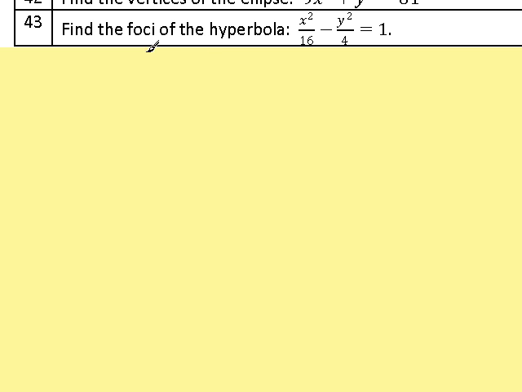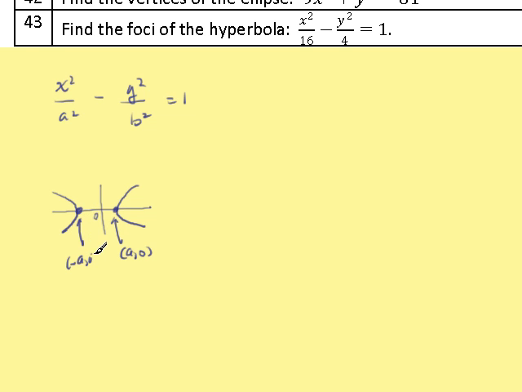In number 43, we want to find the foci of the hyperbola. So let's just recall the two forms of an equation of a hyperbola centered at 0, 0. So first we have x squared over a squared minus y squared over b squared is equal to 1. And this one is a hyperbola that opens right, left. This is 0. And this is a, 0, and this is minus a, 0. Or we could have